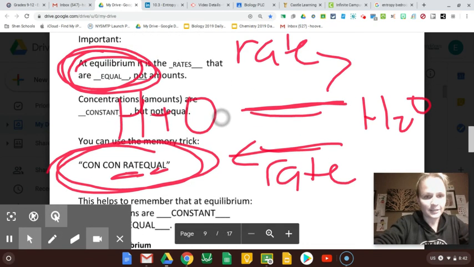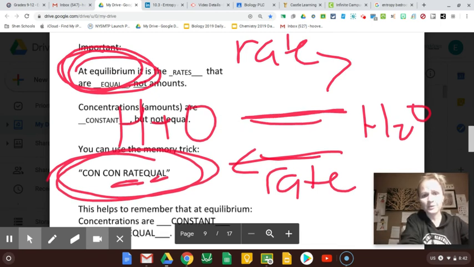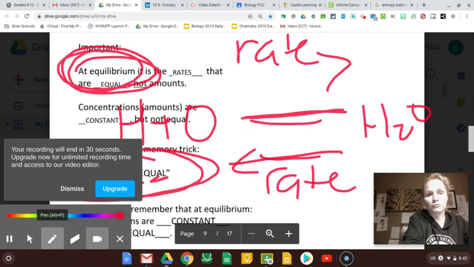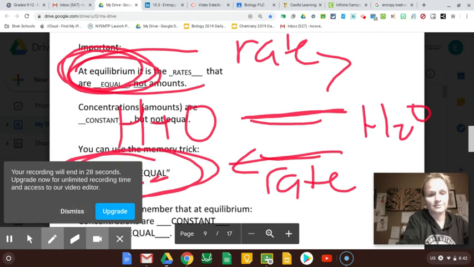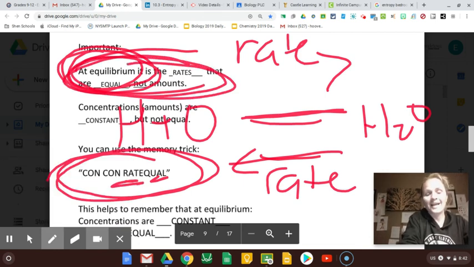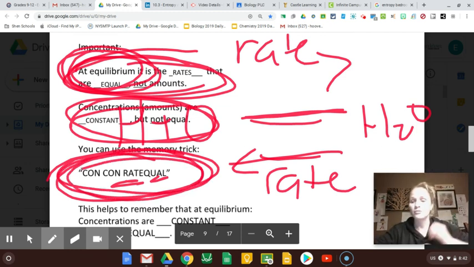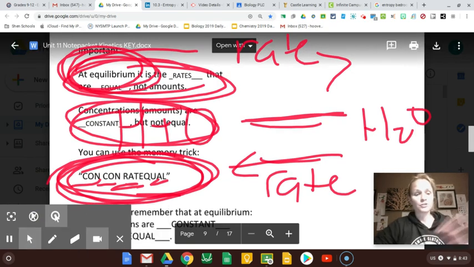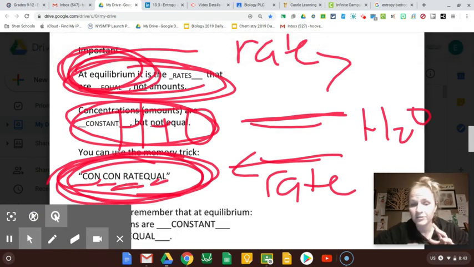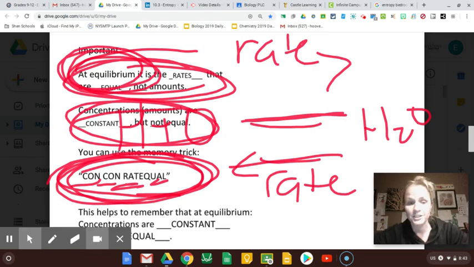Our rule is at equilibrium, rates are equal, concentrations are constant. Rates are equal, concentrations are constant. So you absolutely have to know that rates are equal, concentrations are constant. You will see so many questions that ask this all different ways, but the answer is always concentrations are constant and